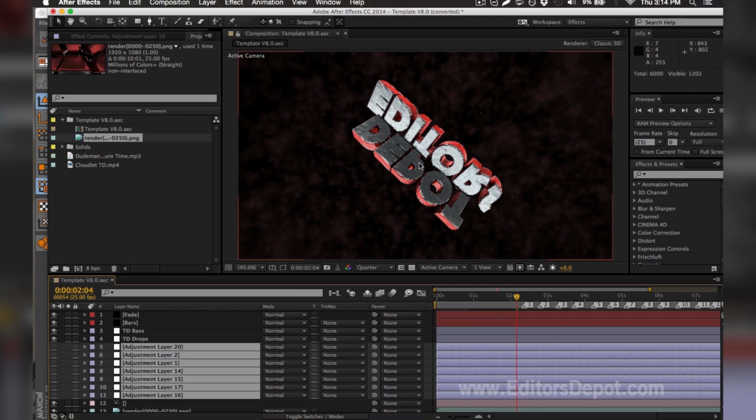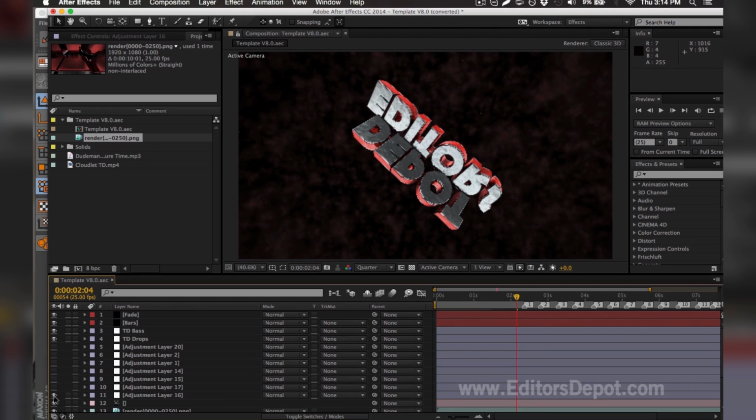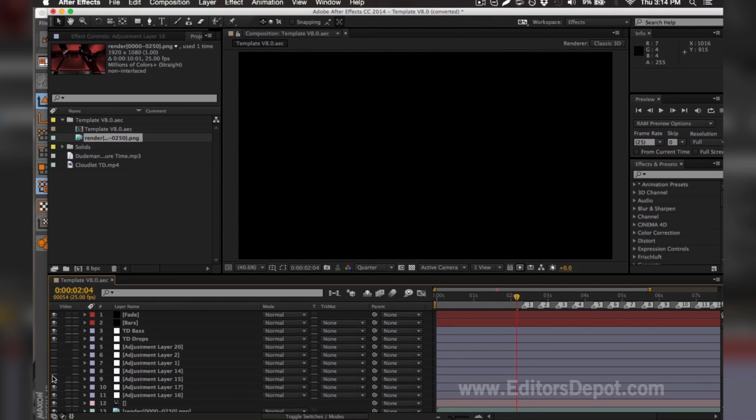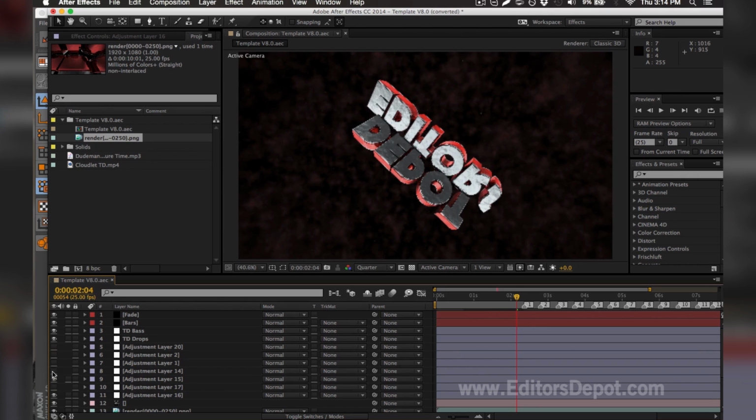As you can see here, of all the adjustment layers, one of them within these messed up the entire render, so I'm going to turn them on one by one. That one's fine, that one's fine. This one's the problem here. So you make sure you turn them back on,